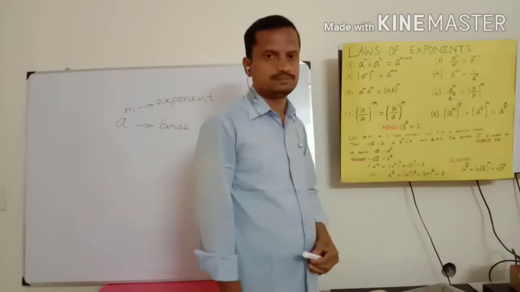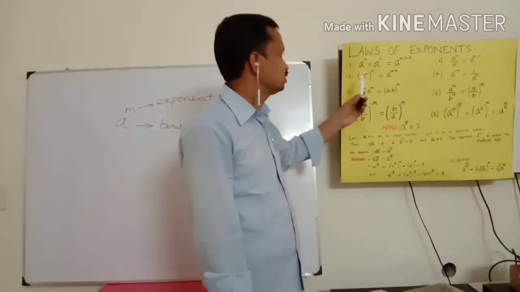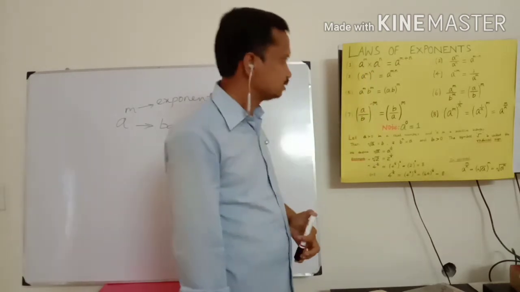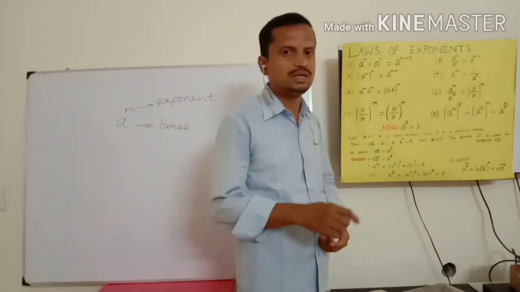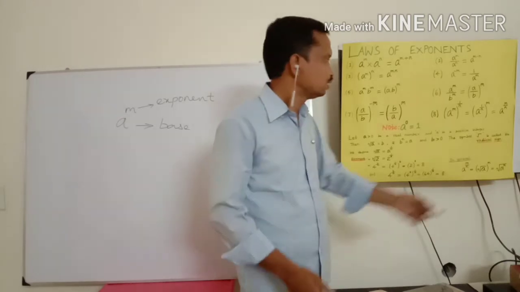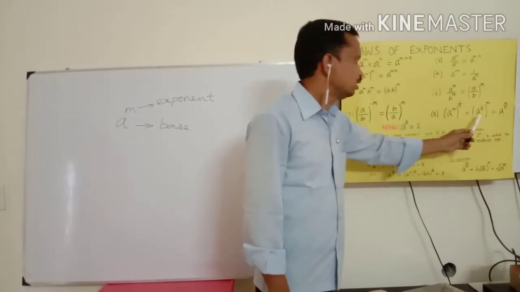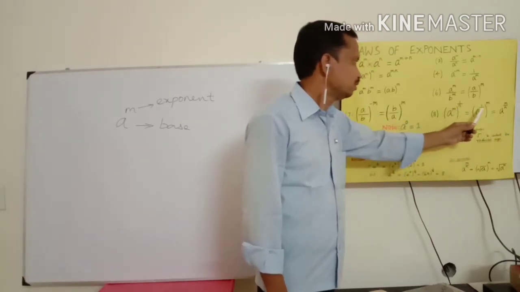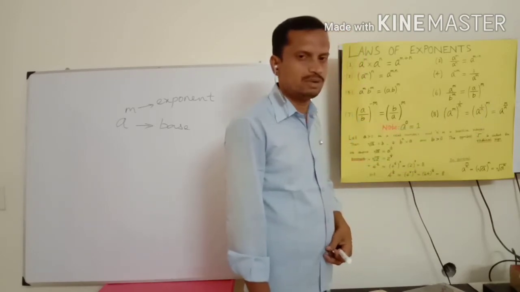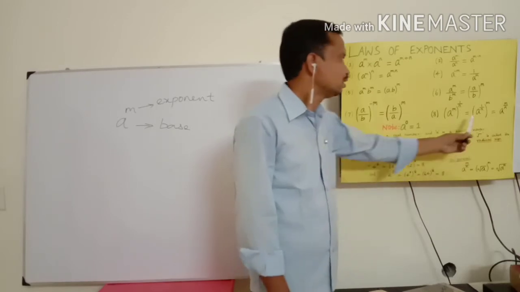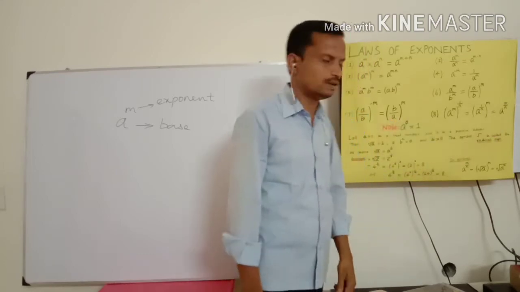So power to power. So like this, a power m to the power n. What happens? Just we multiply the powers. Like that. Here also, if you multiply m and 1 by n, what happens? M into 1 by n, that is equal to m by n. So that is the result, a power m by n. And this you can interchange, the power 1 by n you can put inside, and m raising power, a power 1 by n to whole power m. So like that we can do this and get the result a power m by n.